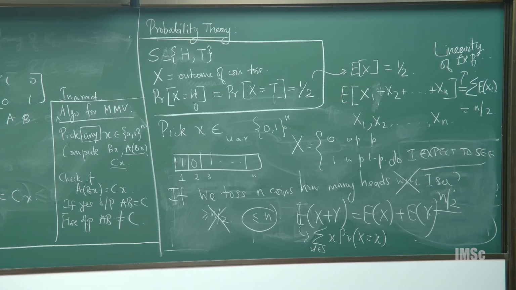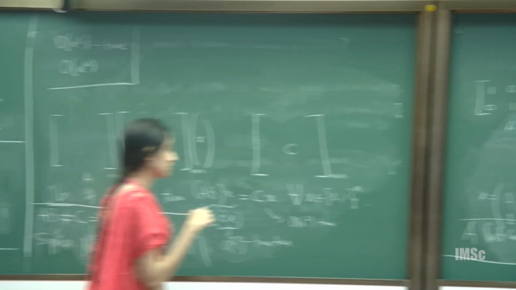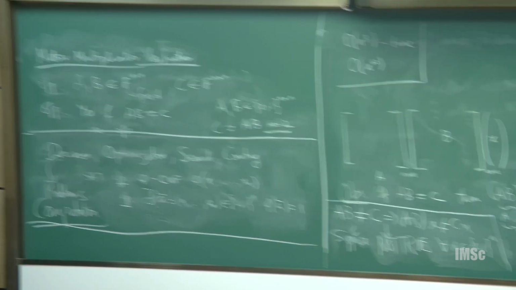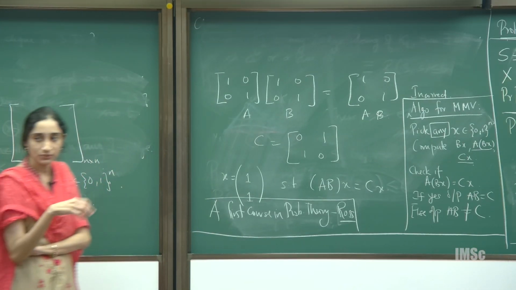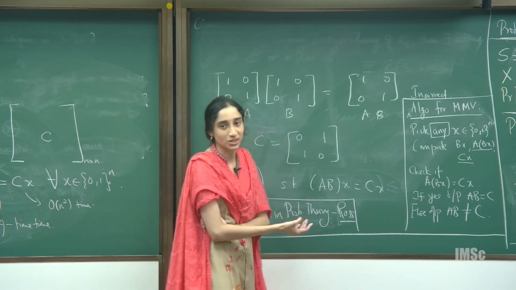But there are some good books to read probability theory. It's A First Course in Probability by Sheldon Ross. And there are many books, all discrete math books have a sufficient amount of probability theory. So we will follow a book called Randomized Algorithms. I'll give the details in the next lecture. But if you generally want to learn probability theory, this has a lot of information. So much information is not required, but